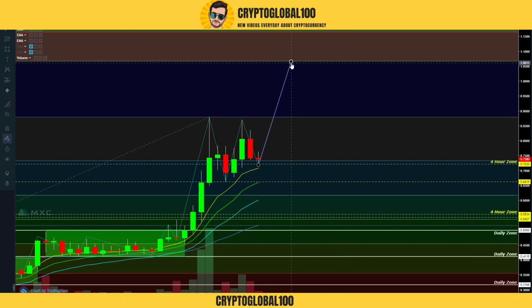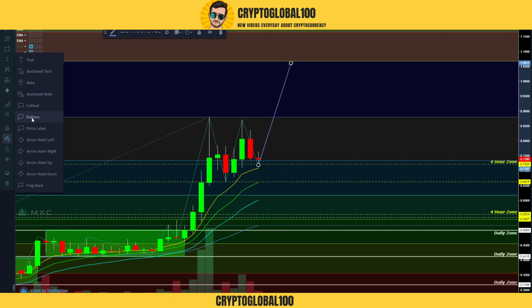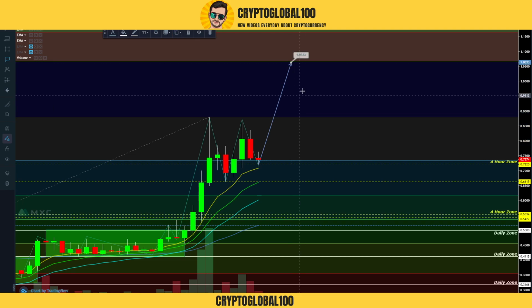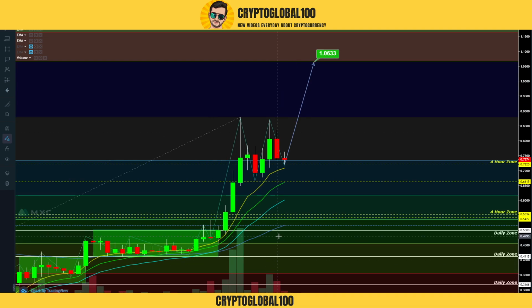Let me make the price label bigger so that you can have a good idea. I'm making it white. What I'm expecting is that the next target would be 1.06 in the coming days if the volume is good enough. If the volume is good enough, we might see that TLM is going to hit 1.06